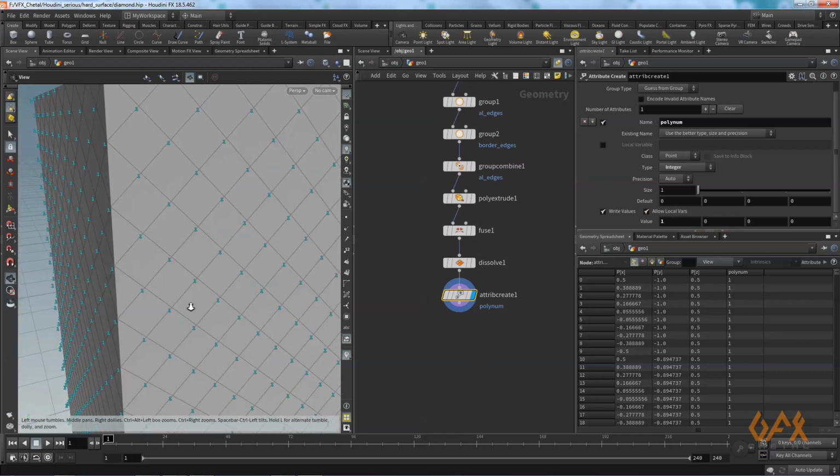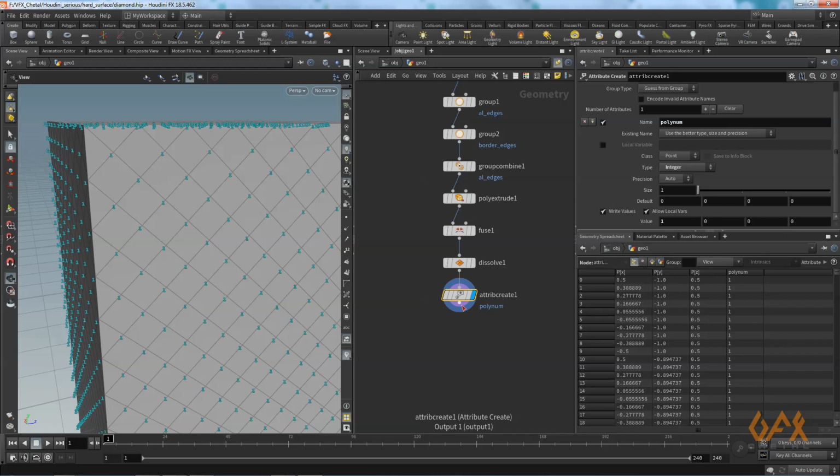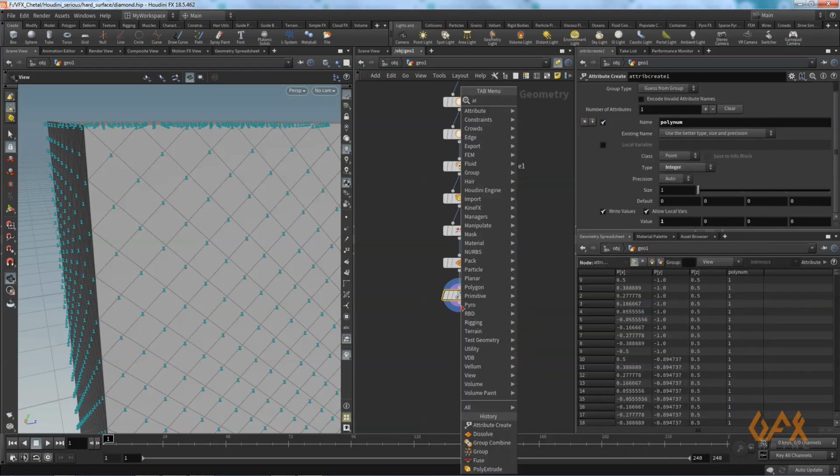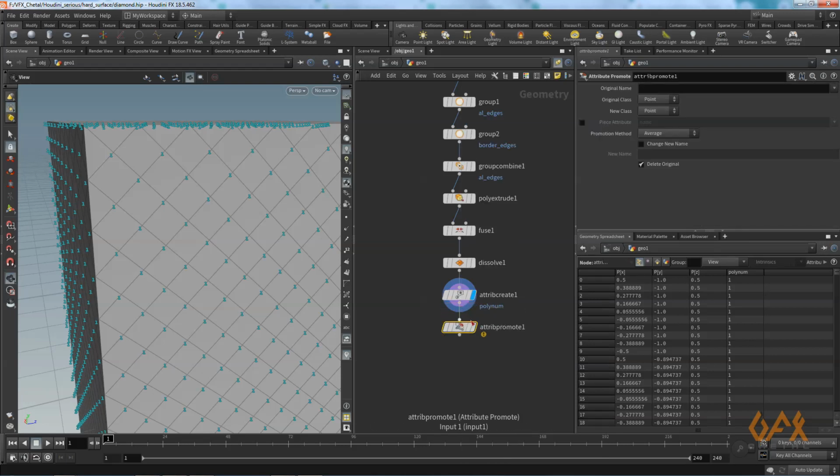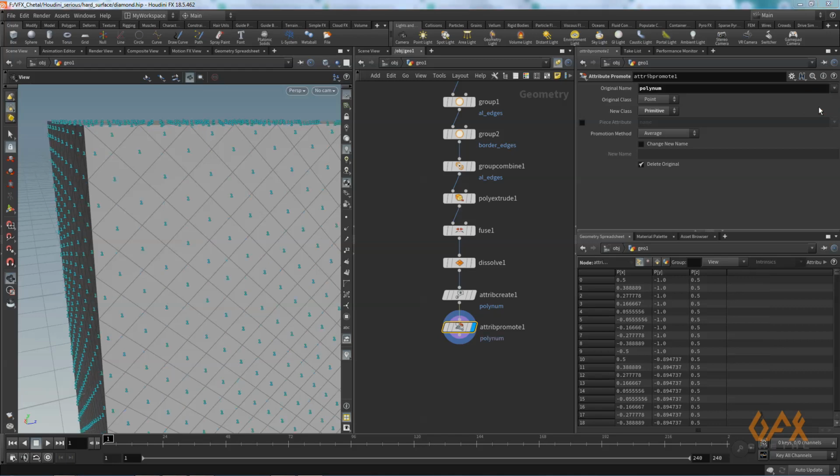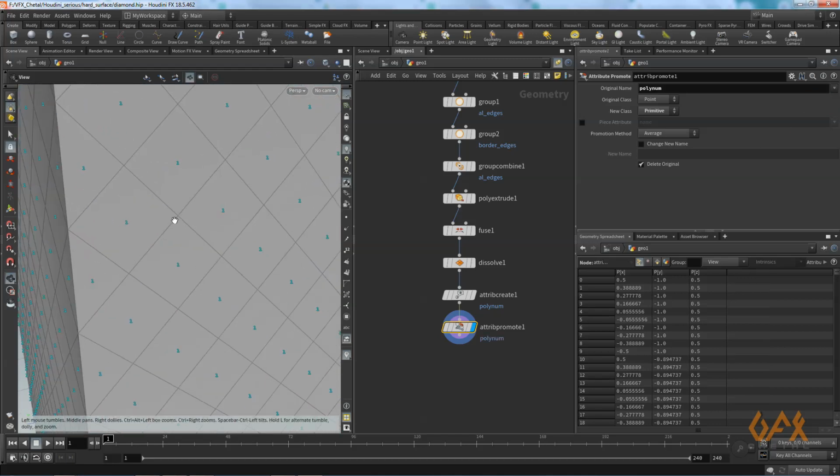Okay, now I apply one more node, that is attribute promote. Now over here my original class is point and I have to transform that to primitive, and the attribute name is polynum. So now see the poly number on point transforms to my polygon.